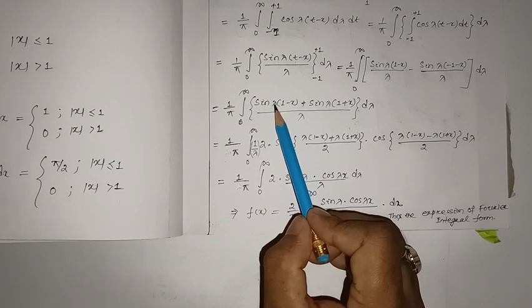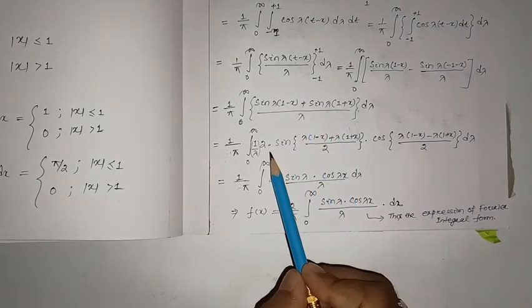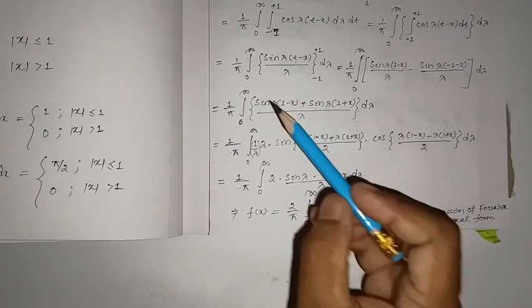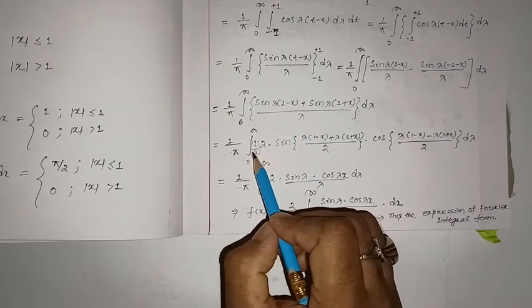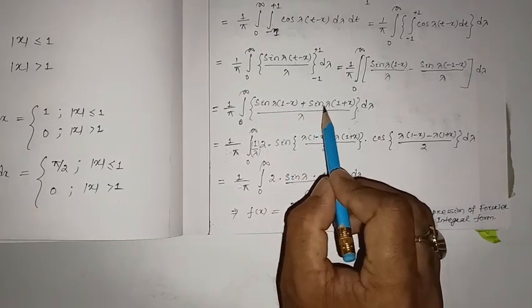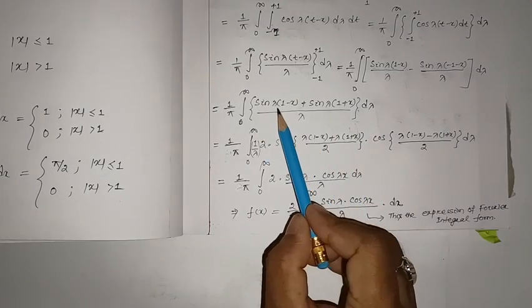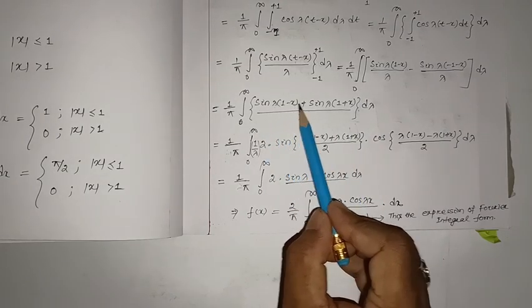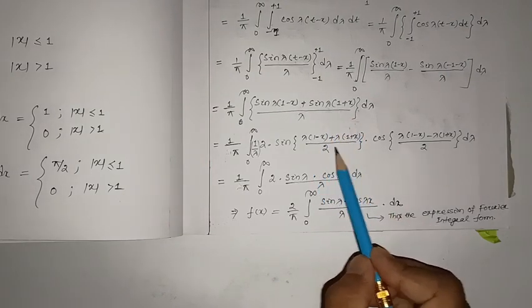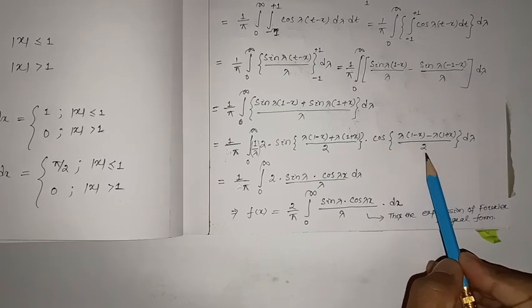And here you can see sine c plus sine d. Sine c plus sine d means 2 sine (c plus d) by 2 into cos (c minus d) by 2. Here you can see 1 by lambda is taken outside. So c is lambda 1 minus x, d is lambda 1 plus x. So (c plus d) by 2 into cos (c minus d) by 2, the formula we have considered here, into